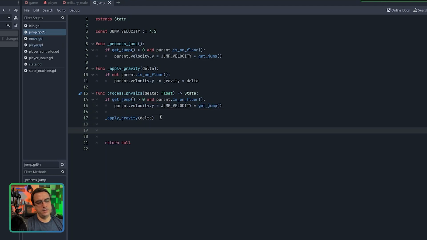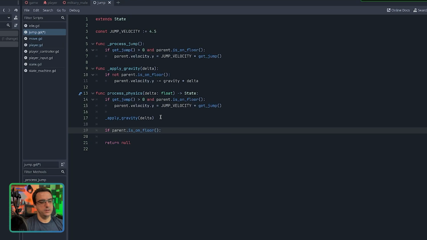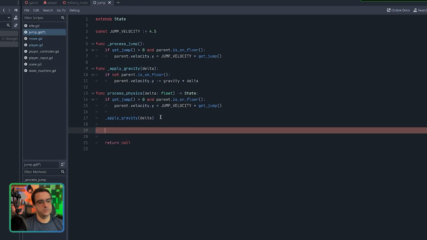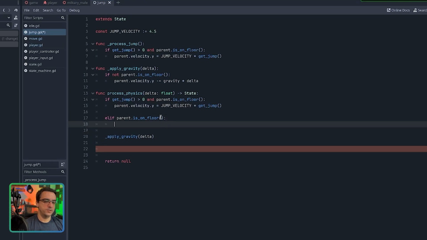And then if we are on the floor, this call is going to get hit right away, I bet. So I think we need to do else if, which isn't going to work because you are not using Java or C#. Else if,